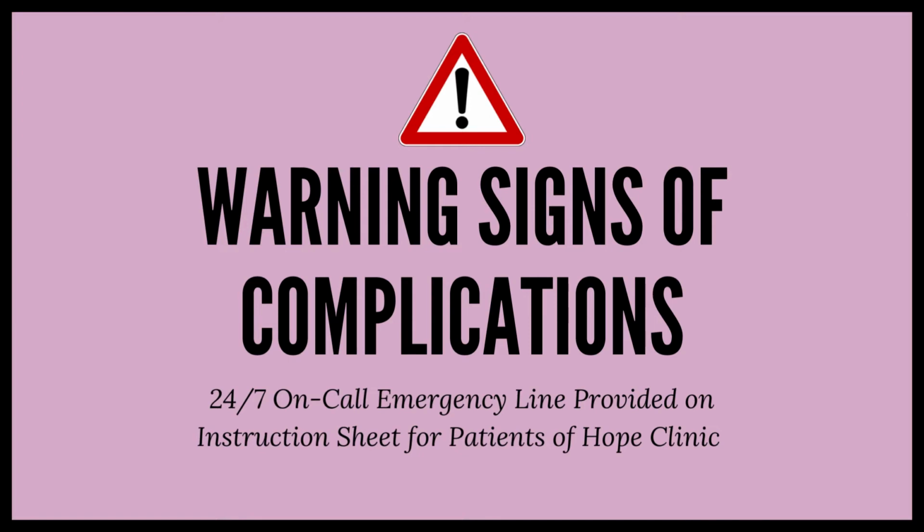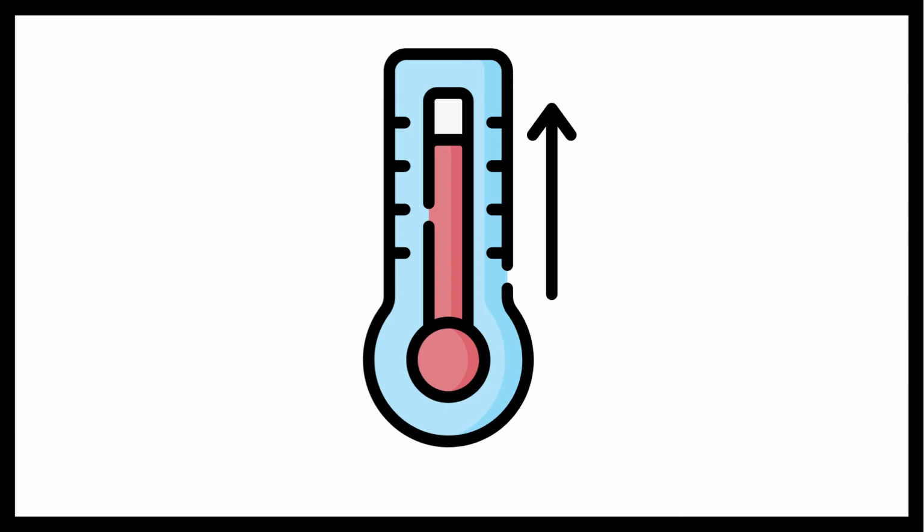The following are reasons why we would want you to give us a call following a medication abortion. While heavy bleeding is normal, we would want to know if you began to soak 2 pads in 1 hour for more than 1 hour. If it happens once, that's okay. If it happens twice and you're still having heavy bleeding, give us a call. Also call if you are experiencing such intense pain that any medication prescribed or prescription strength ibuprofen provides no relief for your cramps, and those cramps last beyond 24 hours after taking misoprostol. Call if you have a fever of 100.4 degrees or more,